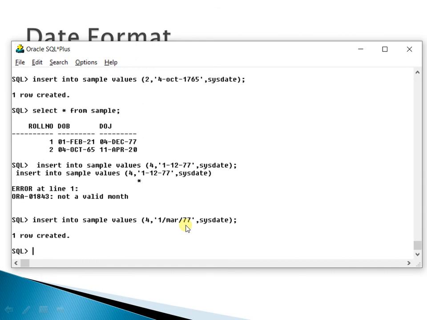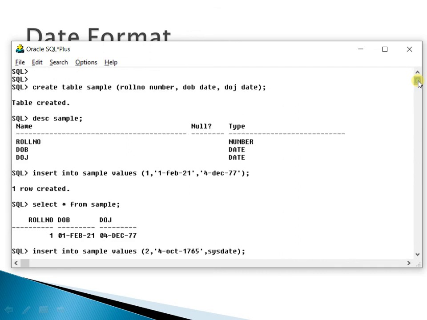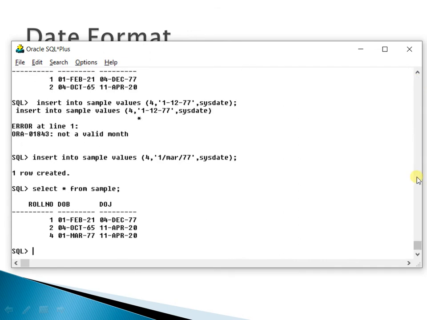Many of them are allowed. Let's see an example. Select star from sample. However, the symbol that you entered will not be displayed. As you can see, by default it is converted into a dash. So please try to create this table, enter such values, try to enter wrong values, then move ahead in the tutorial.